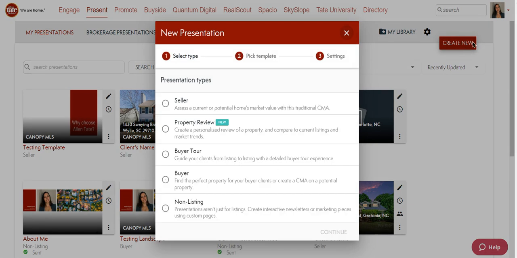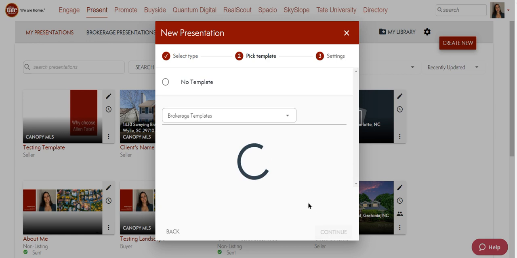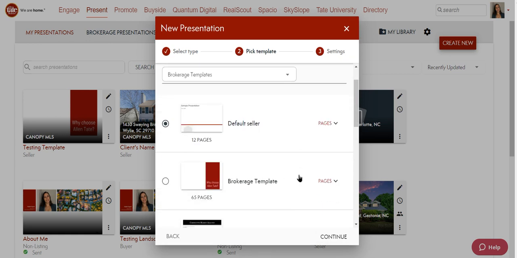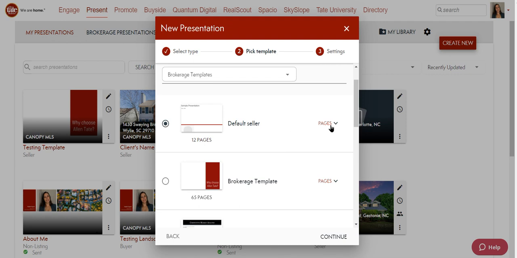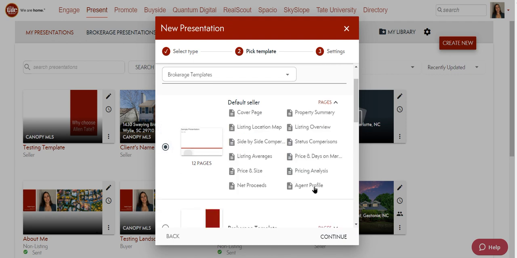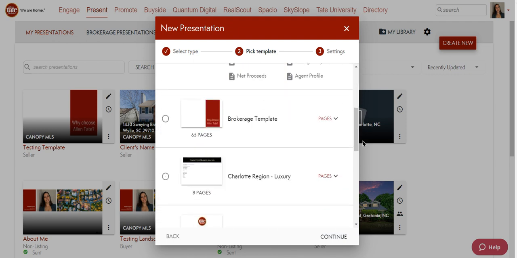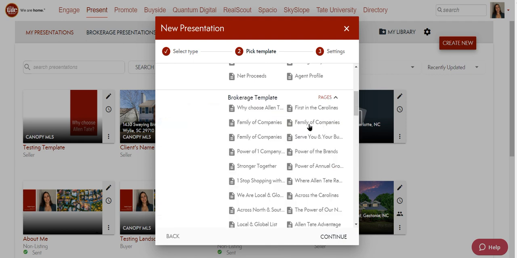So we see when we click Create New, the red button to the side, we have the different presentation options right here. If I click one and do Continue, we're going to see that we have some options. So we have just the default, which will only have the report pages for this. And then we have the brokerage template, which is also going to include a bunch of different marketing pieces that